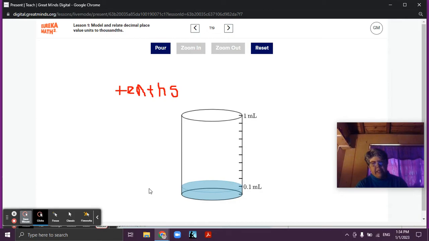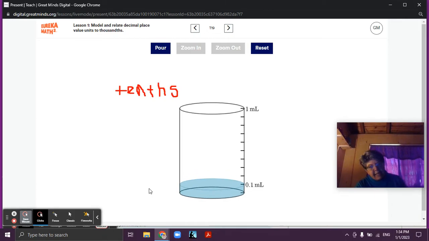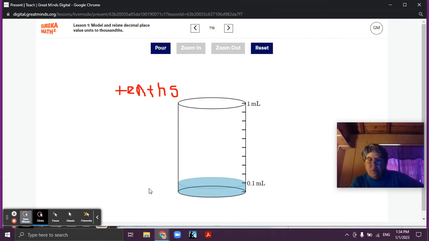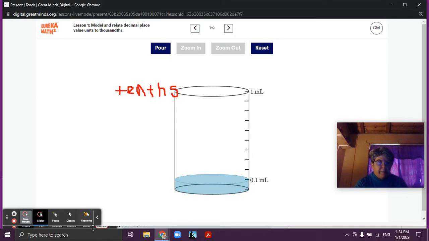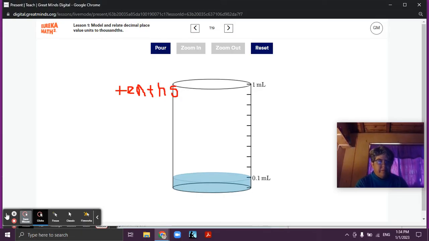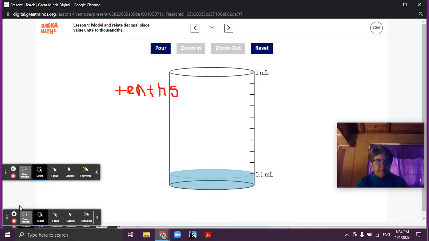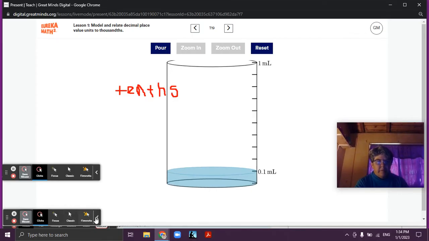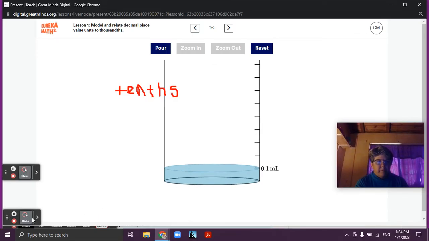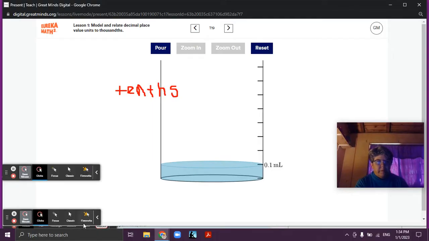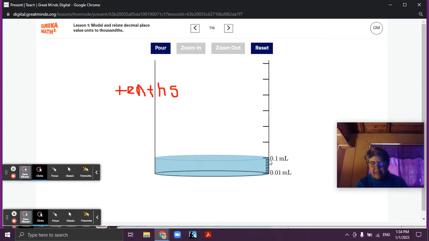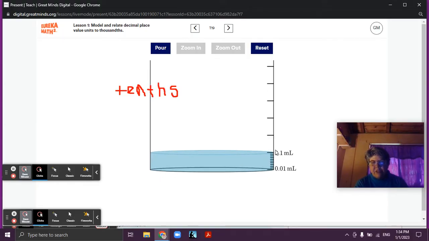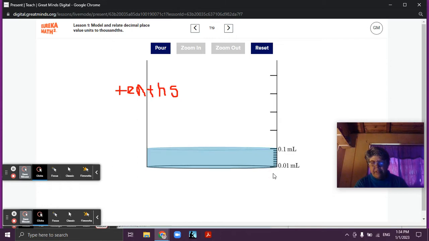And we're going to see what happens when we break 1/10, or decompose 1/10, into 10 parts. Okay, and do you see that? Now we have 1/10, and each that's broken into 10 parts. So each part is going to be